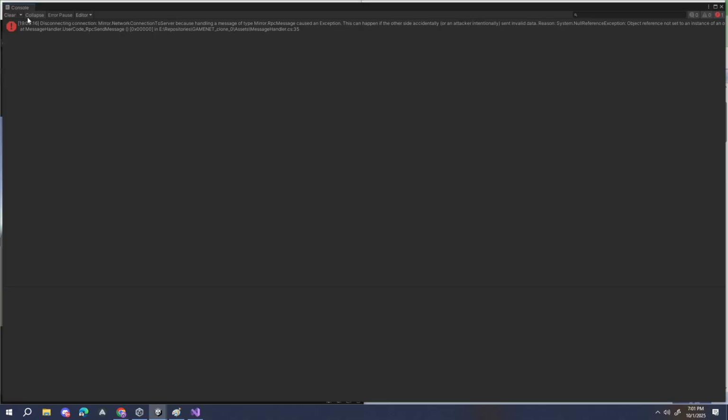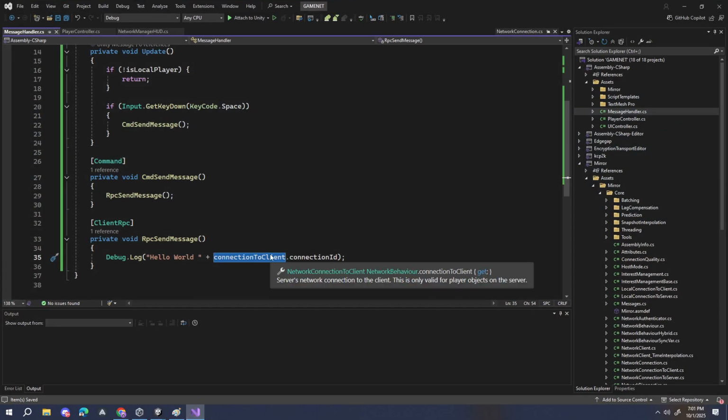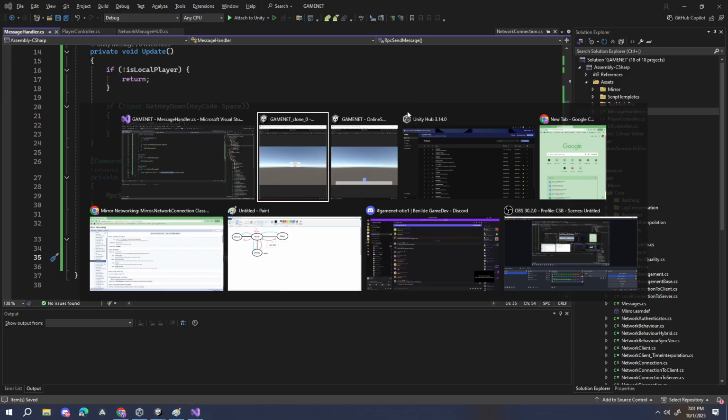Join. I'm guessing this will work. If I press space here. Oh, it's still a null reference. So connection to client is null for the right side. Server's network connection to the